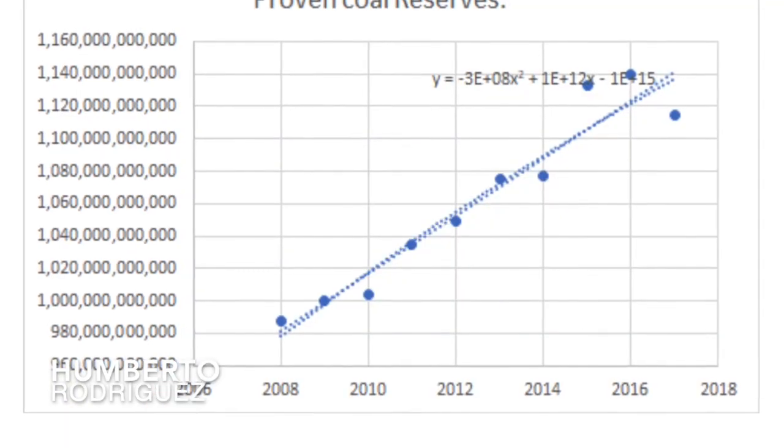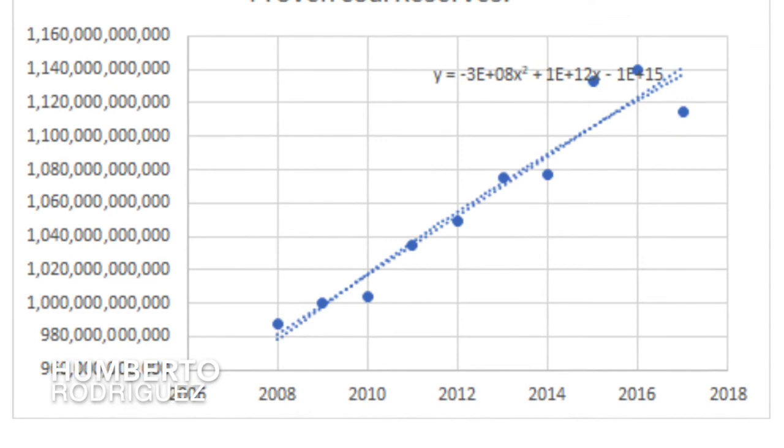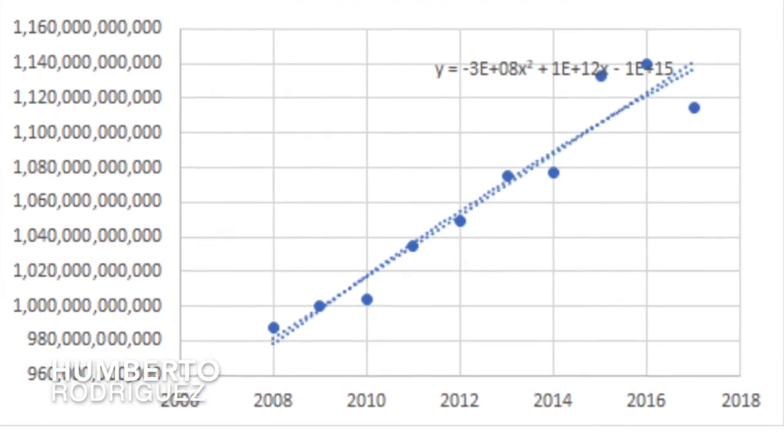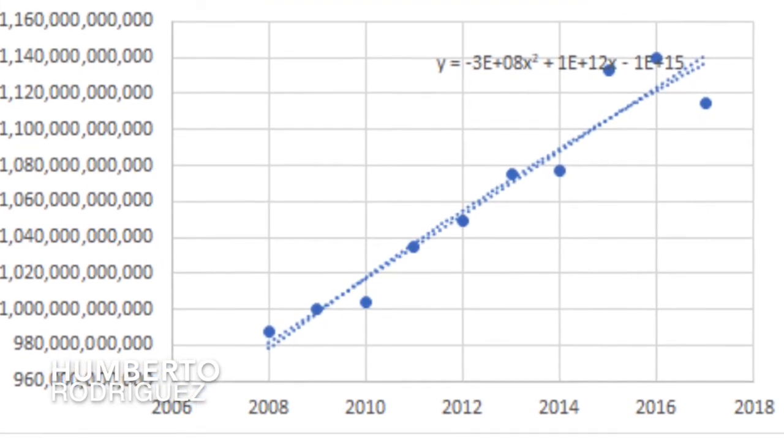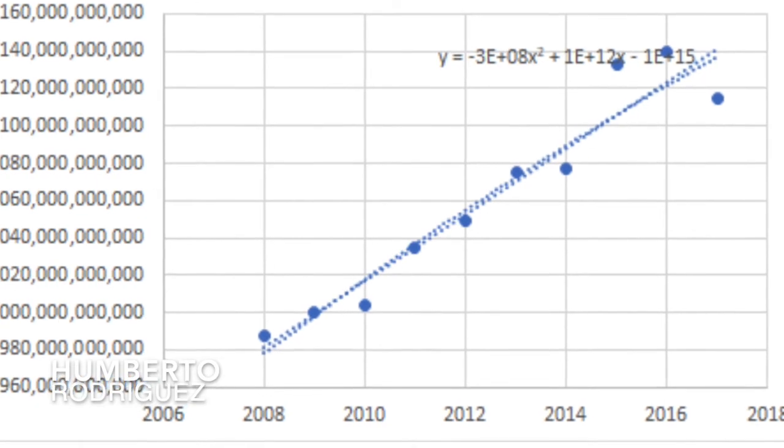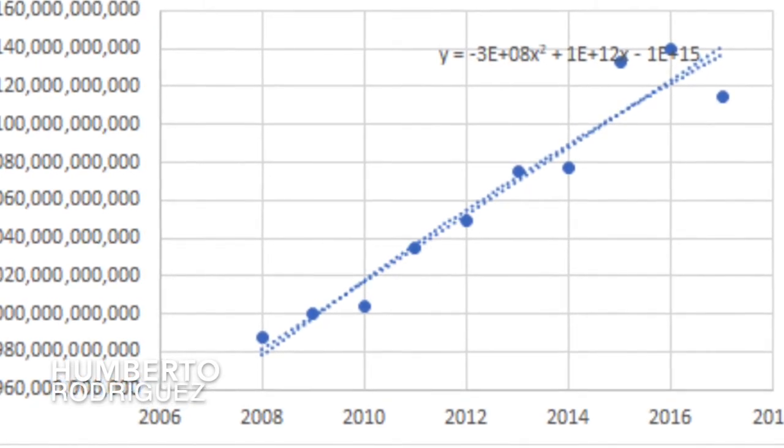For example, if x is 1 and y is 3, you put it on the table. And you do that with a lot of data, and you put that table on Excel. With the help of Excel, you use the tool to create a trend line, and with the trend line you get the formula. With all this information, we realized that the most efficient and the most important way of representing